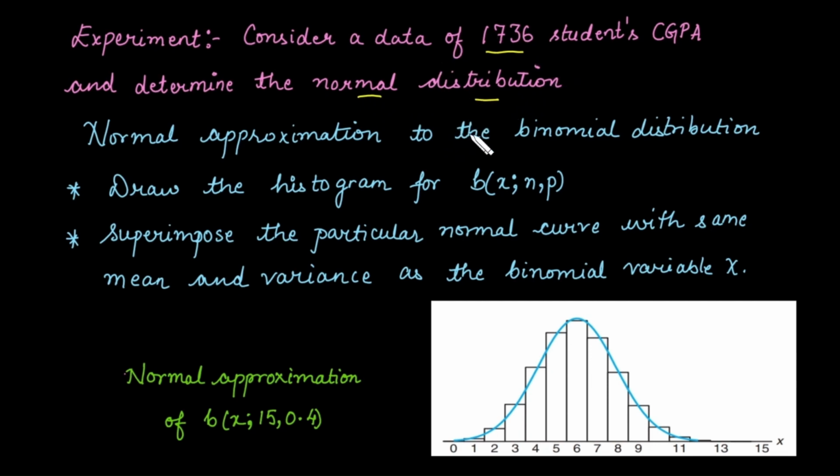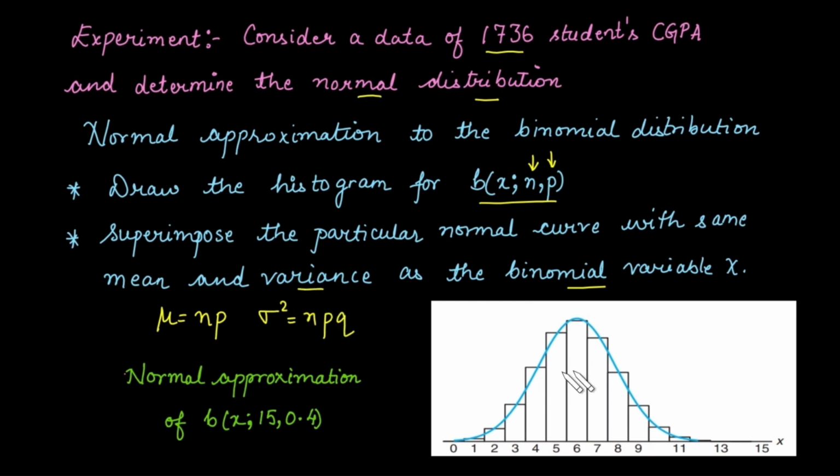Since the data is in discrete form, very first we will approximate that data in interval form. So now how to approximate that data in the form of intervals? First we will take the histogram of the binomial distribution where n represents the number of trials and p represents the probability of a success. After that, we will superimpose the normal curve with the same mean and variance as the binomial variable has. In the case of a binomial variable, the mean is equal to np and the variance is equal to npq. So by using this data, we will find the mean and the variance, and after that we will find